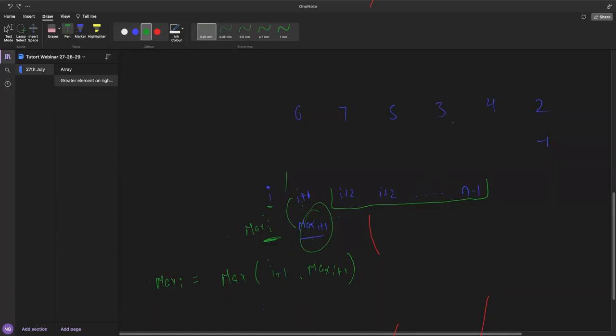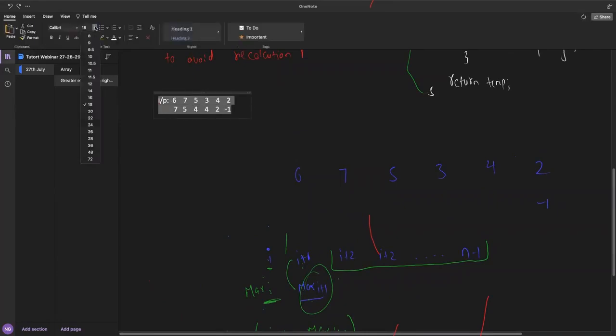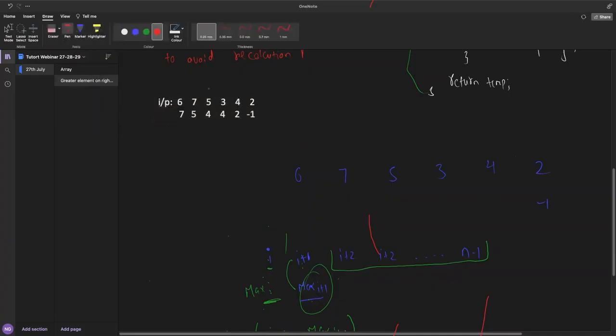So for example, look at this. Just a minute, let me increase the font. So if you look at 5, okay, better to look at 3. Suppose this 4 is not calculated, but you have calculated till here.